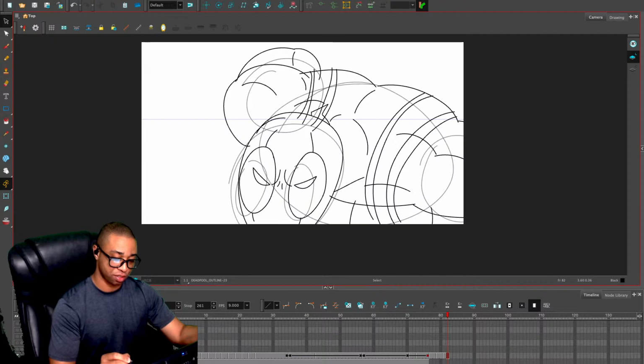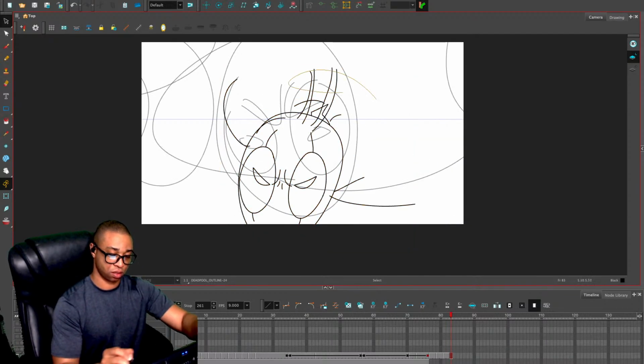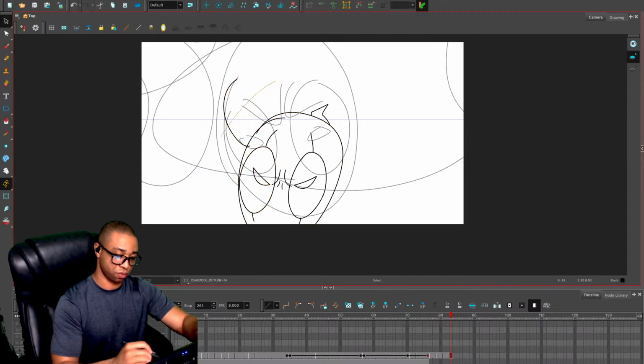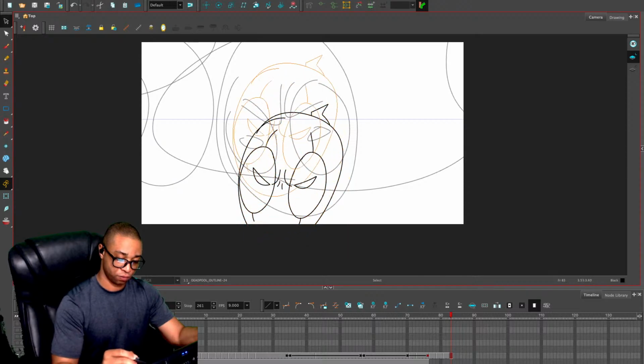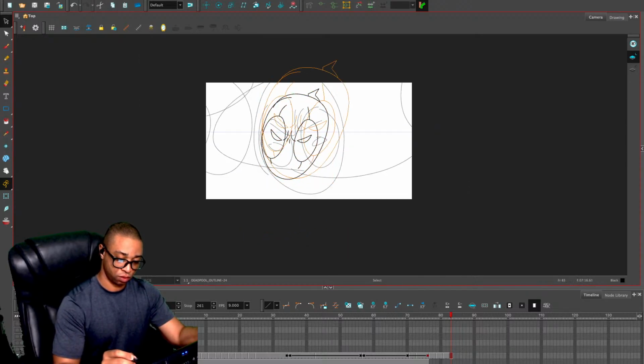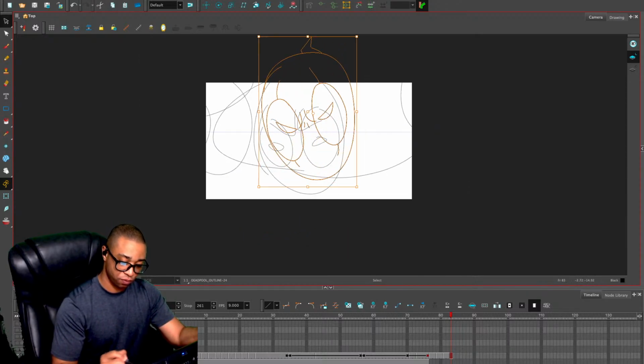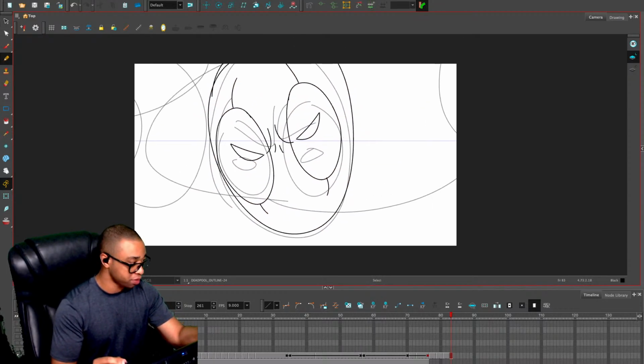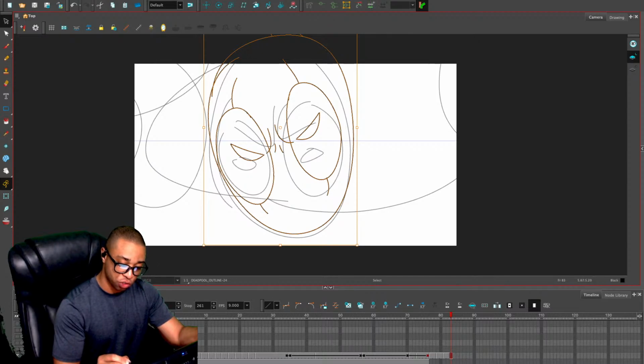I think I'm going to copy this head. Let's make it really big. We're going to keep using size and shape to create our motion here.